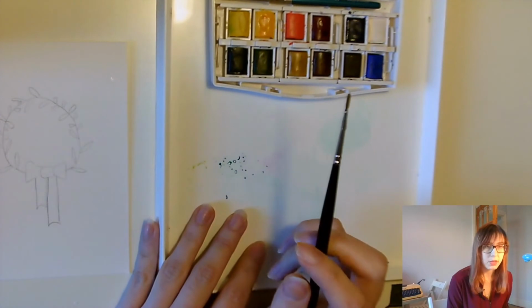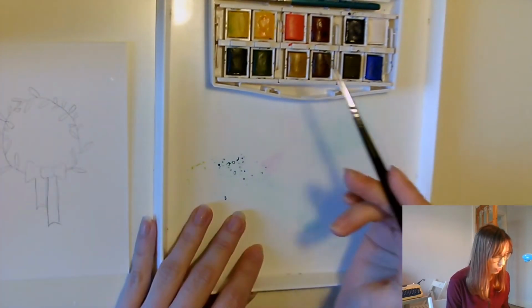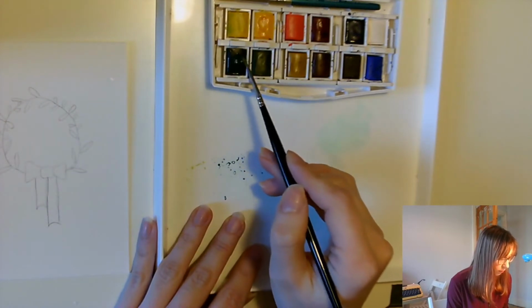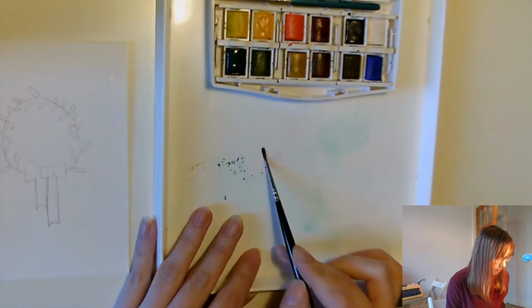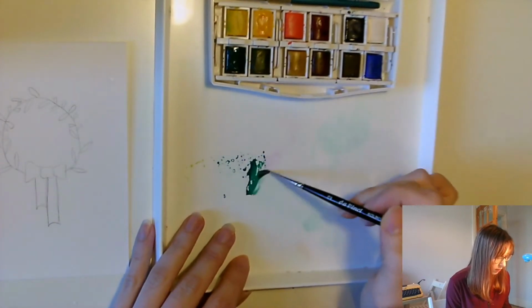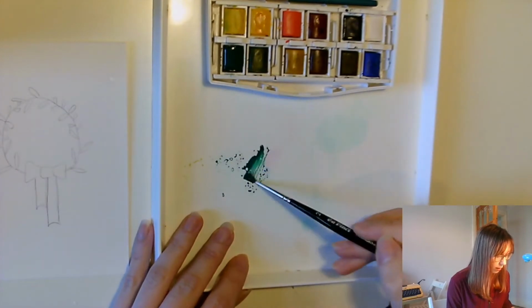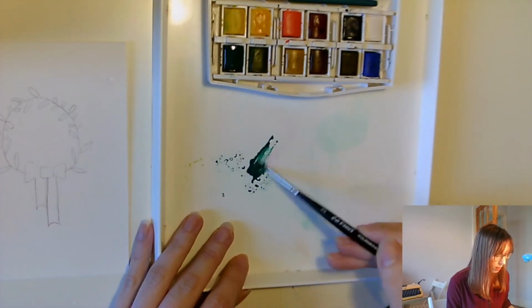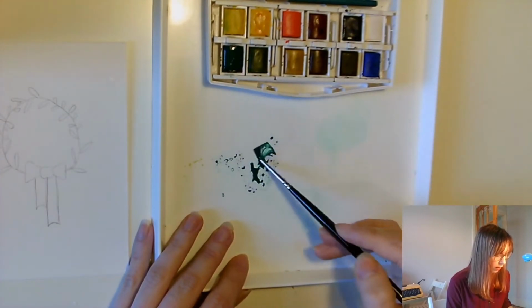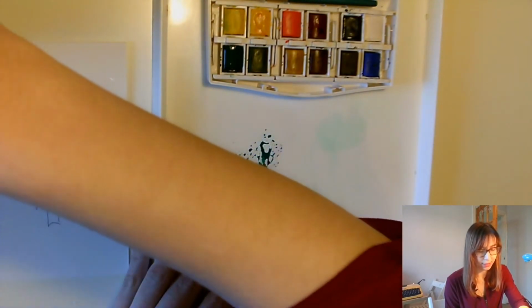So the first thing to do is to set up your palette. So I've wet my paintbrush, and I'm going to first of all get some green and pull it down onto my palette underneath. And I want quite a lot of it because I don't want to run out of it and need to grab more in the middle. That would ruin the flow of what we're doing. So pop a lot on there like that,